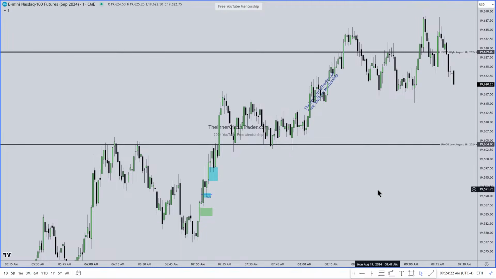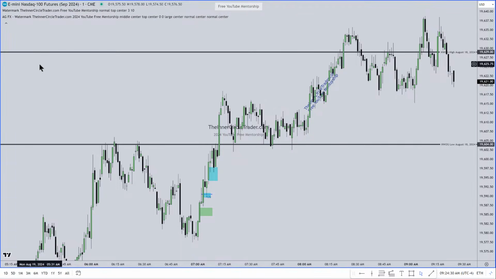But the little thing here is just the watermarks. It's not clear to you. Not that this is a plug for any one of these individuals. I'm testing them to see if they accomplish what I want. And honestly, this is not big enough for me. I'd like to be a little bit more obnoxious and larger than that. And this is just me. What I usually do, I just add something and move it around